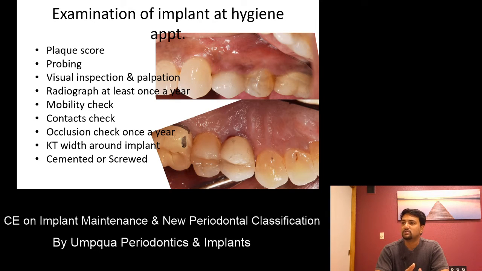And that's a good sign that something is going on around the implant, because most of the time you can't really probe, or your probe gets stuck within the first few threads, so you can't get to the depth of the pocket. So this palpation is a good way of